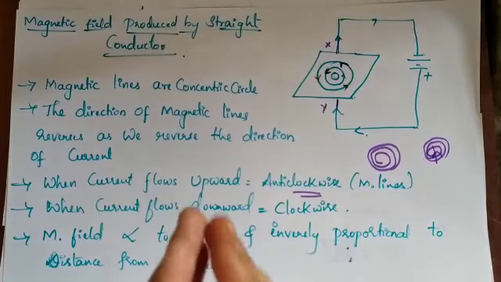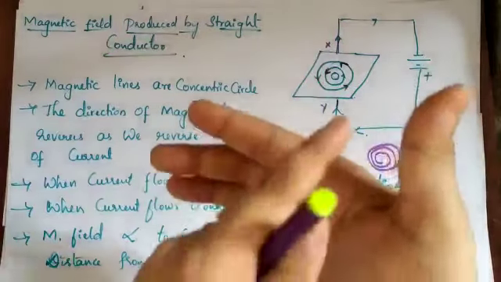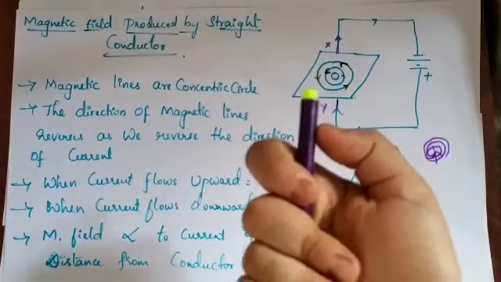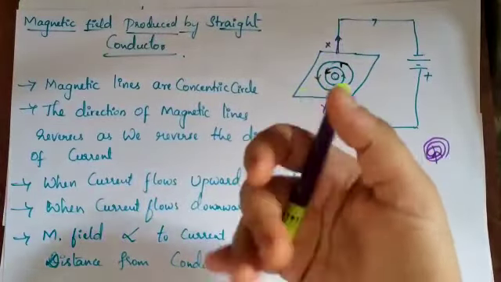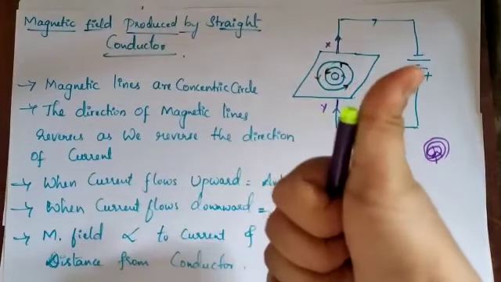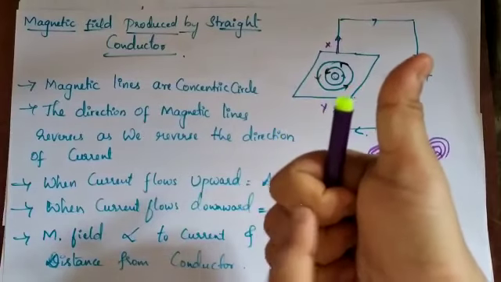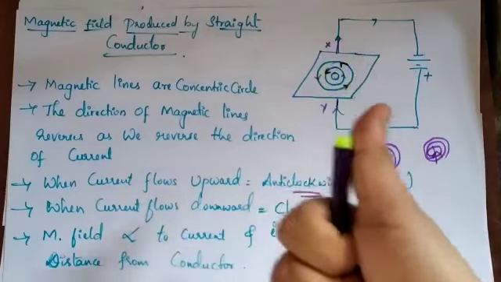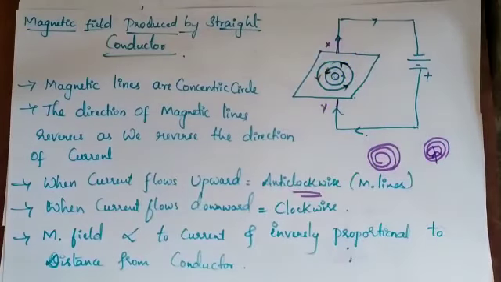If there is a straight conductor, for example, you take this one as a straight conductor, or a copper wire, and this is the direction in which current is passing through the copper wire, then the magnetic field lines will go in this direction, isn't it? This is about the straight conductor. But if you take a circular loop, what happens, let us discuss in the next class.